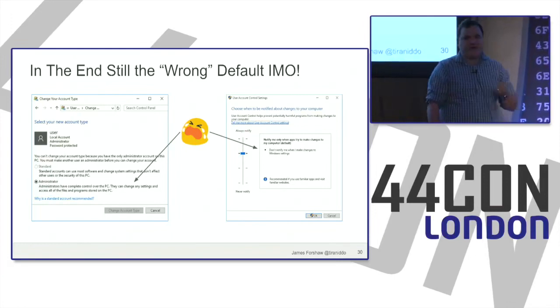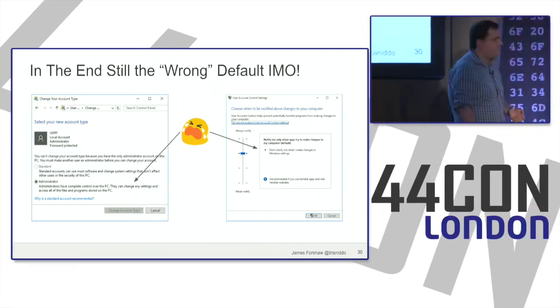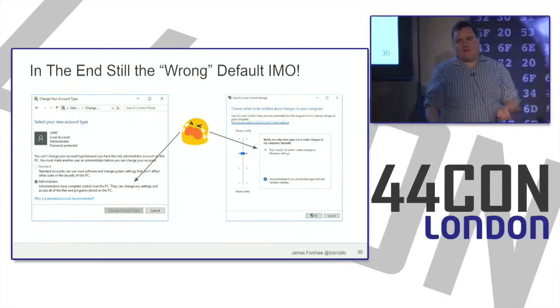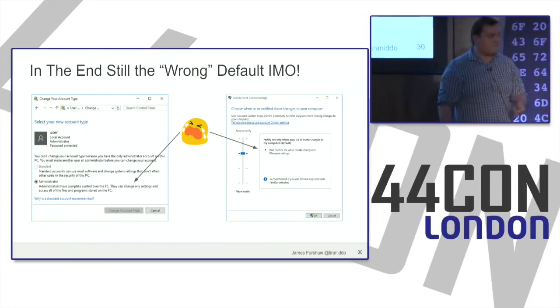So probably 90% of the users out there, this is providing no actual real tangible benefit, and it's only actually providing sort of annoyance. It pops up a dialogue, and you just go, yeah, whatever, and they don't actually read it. So what's the point? Why maintain this sort of pointless effort to prevent it from being exploited when it's already being exploited? And you can see that there is malware out there which uses the fact that the default is wrong to exploit you.